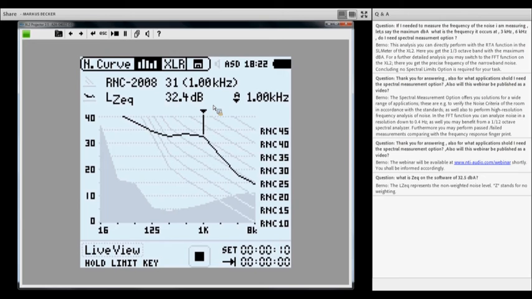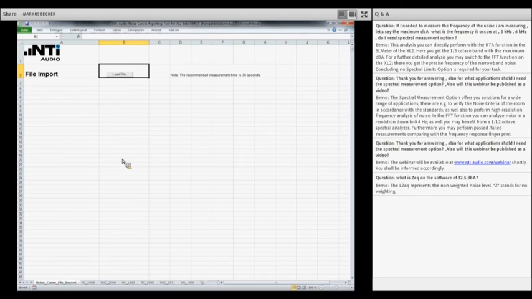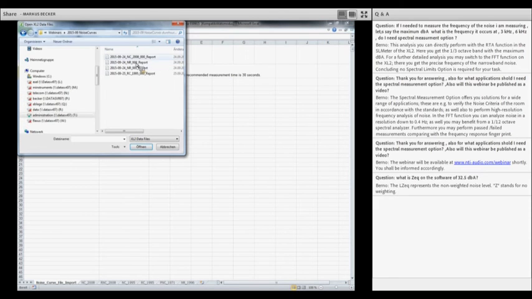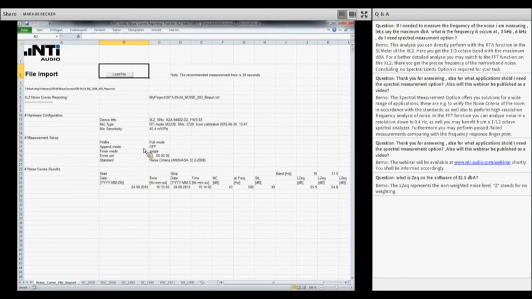Well, that was the part of the execution of that test, and I want to show you now this Excel spreadsheet with the noise curve reporting tool. I have opened it here, and by pressing the load file button, here you see I have previously saved 4 different results. So I open, for instance, this noise curve result here, open.